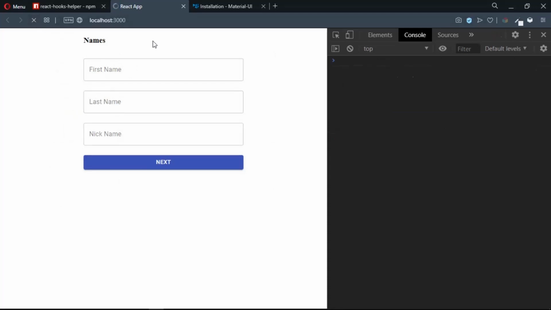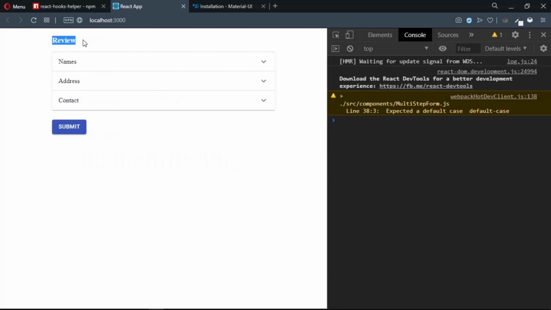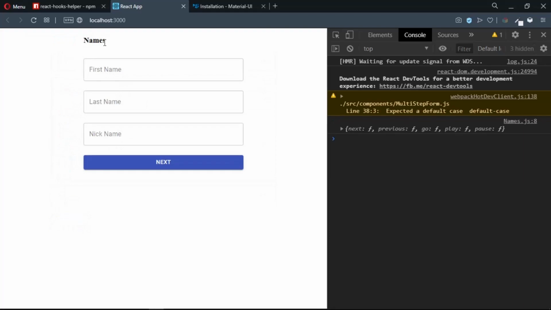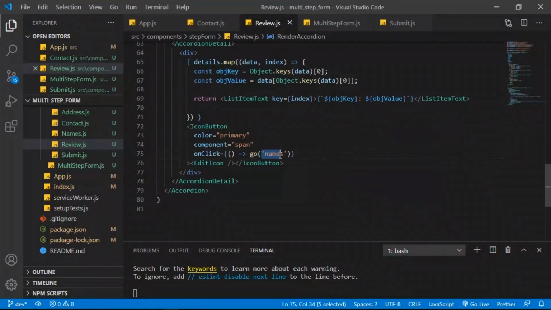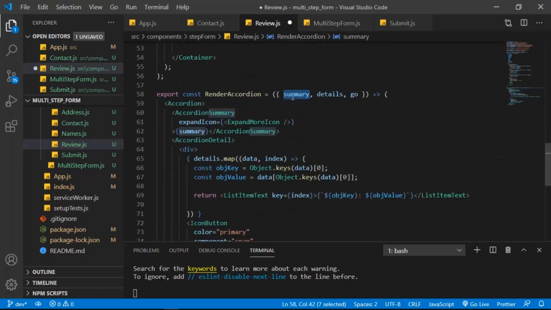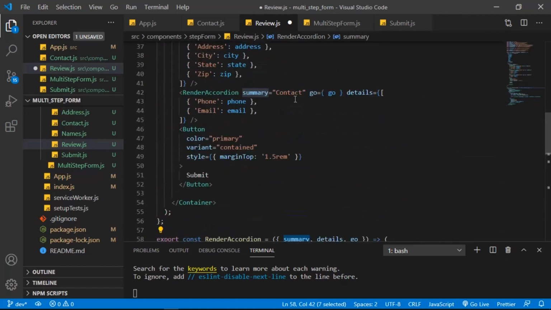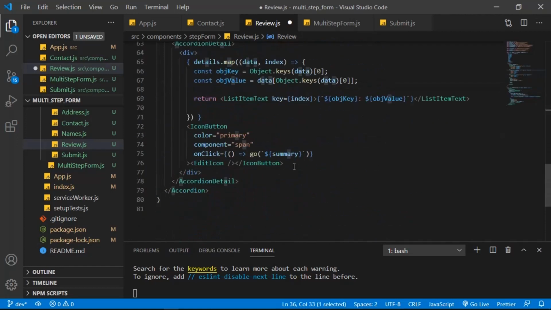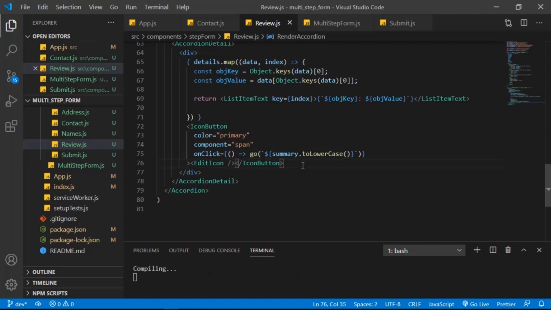If I reload, it should go to review, and I'm going to click on address. Now we're on names. Okay, we need to fix that. So I'm going to use backtick in here and just grab the summary. And remember the summary in here, the first letter is uppercase. We need to change that to lowercase, so we can just say dot toLowerCase, like that. So now save,